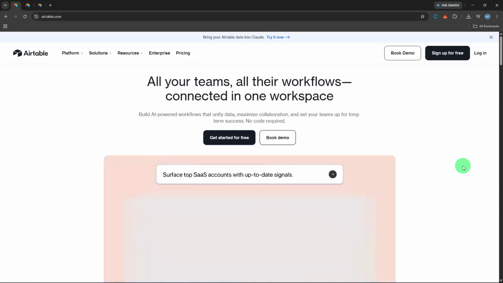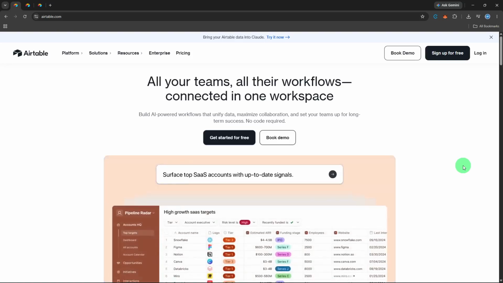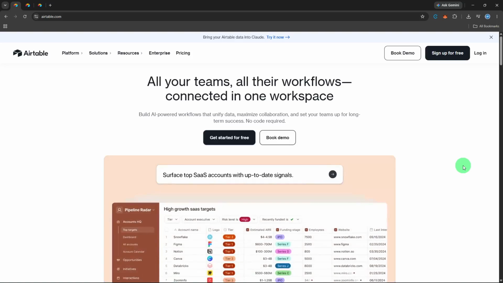In today's video, I'm going to show you how to export data from Airtable as a CSV file, so you can take your tables and views out of the platform and use them in spreadsheets, databases, or any other tool